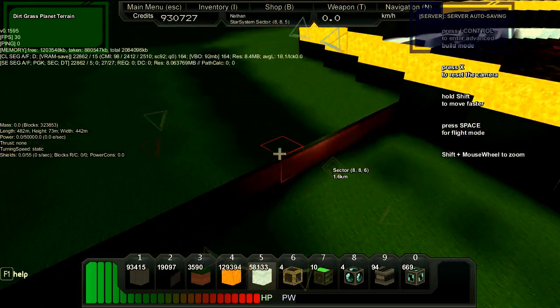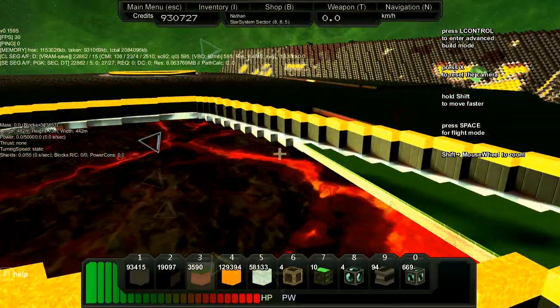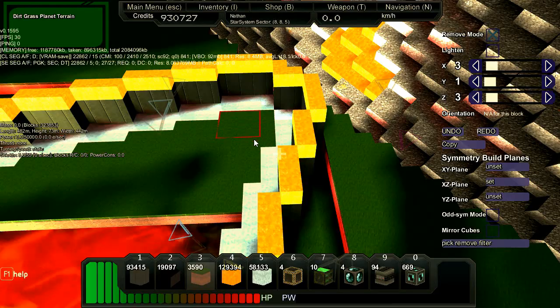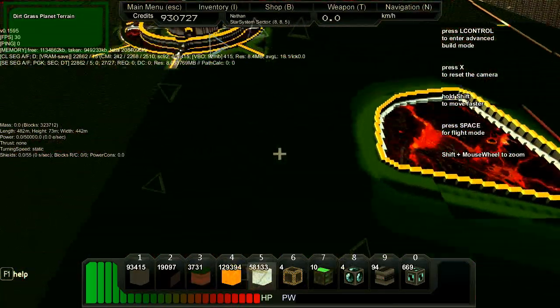We have now access to the ground. I can always replace that flooring, which is great. There's not much to go, so let's try to take things apart here a little bit. Grass is the new gold. Okay, there we go. So I just collected another